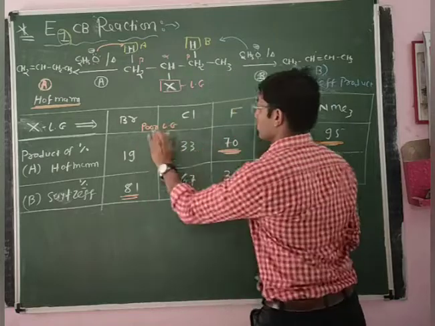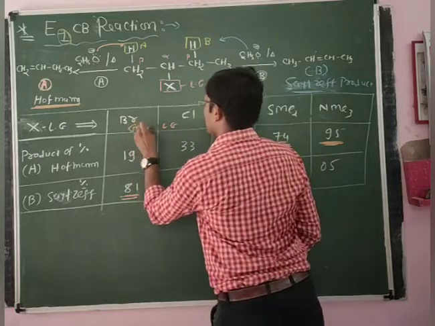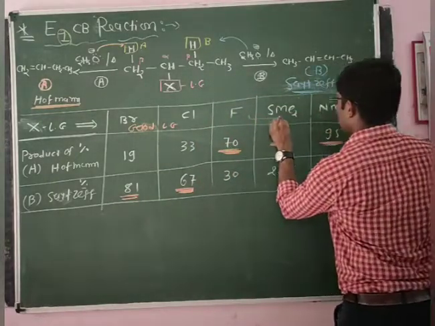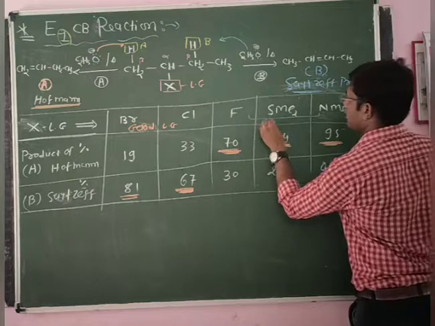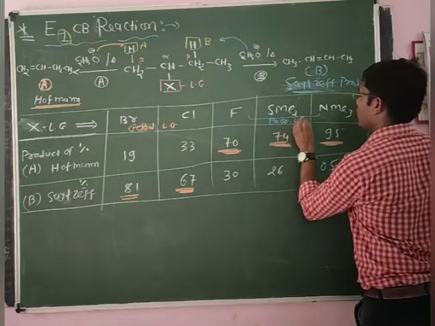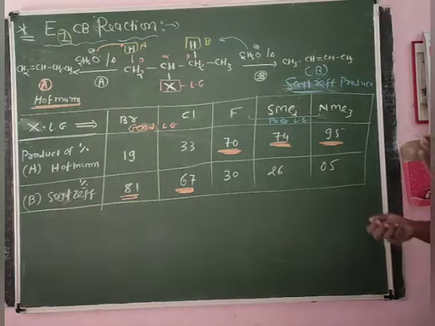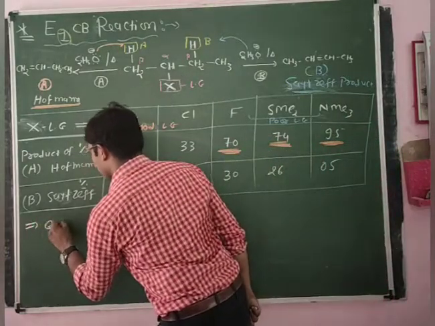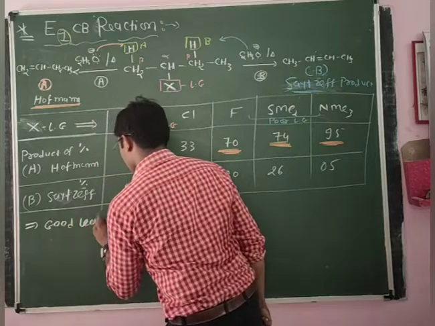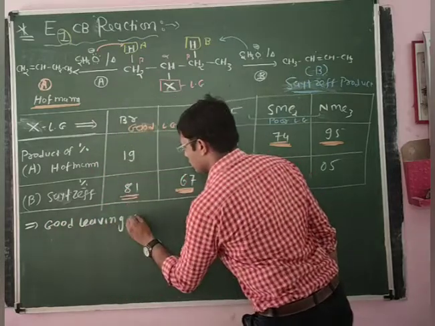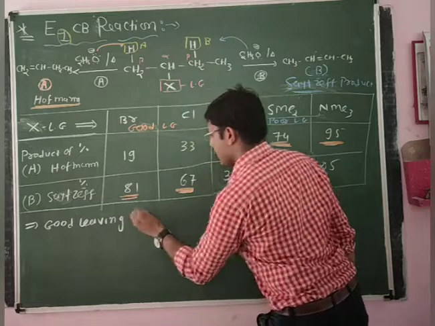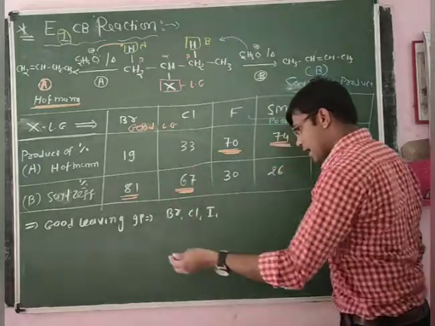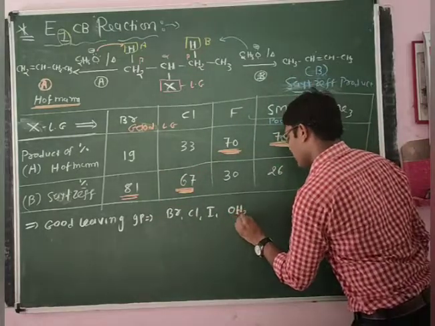It means bromine and chlorine are good leaving groups, sorry, both are good leaving groups. And SMe2 and NMe3 are poor leaving groups. So we can conclude from this, if there is a good leaving group, like we can say Br, Cl, I, OH2 plus,